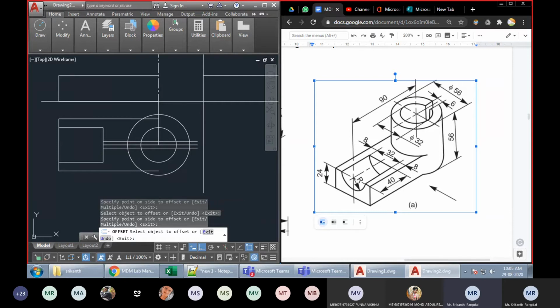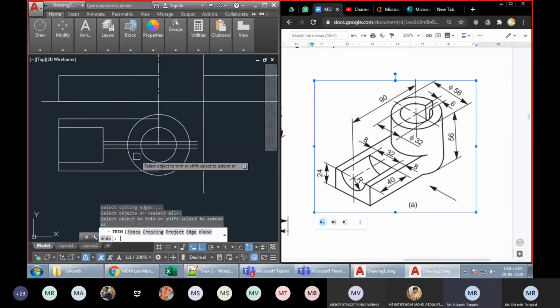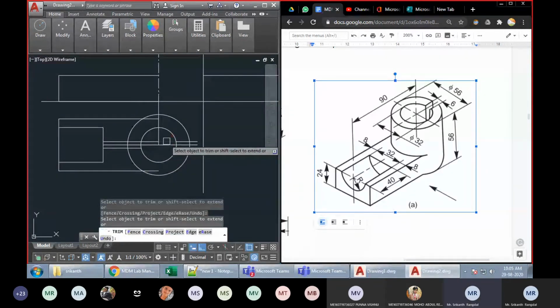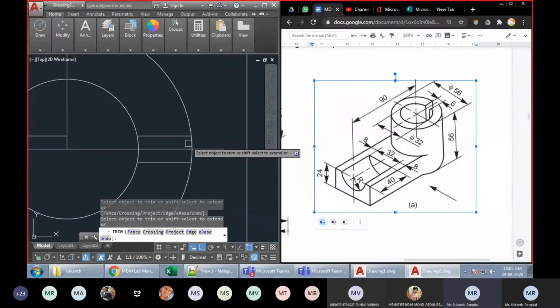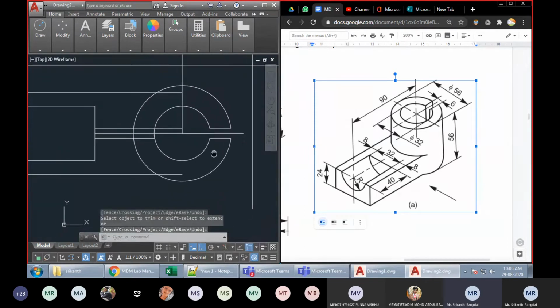Next, what should I do? I have to go with the command of trim. So TR double enter once again, and go ahead, trim this. Fine. So zoom in here, and I have to remove this, because here you can see this is a complete groove moving totally to the bottom. So there is nothing over here. Fine. So this groove is clear, and these lines are going and meeting here at this point.